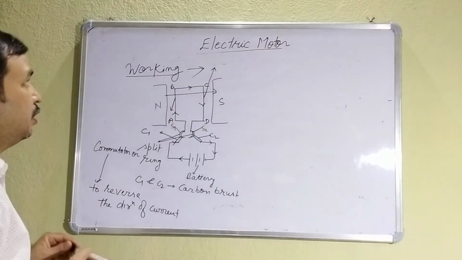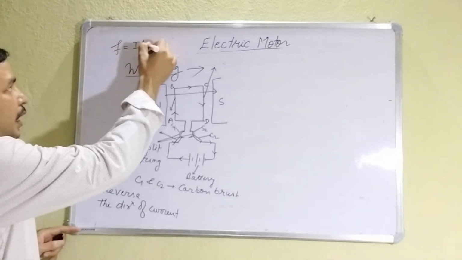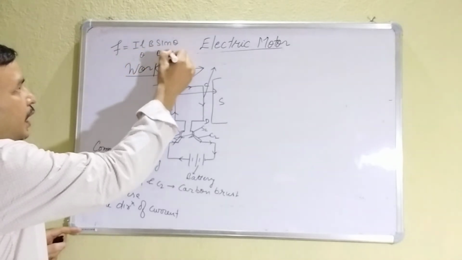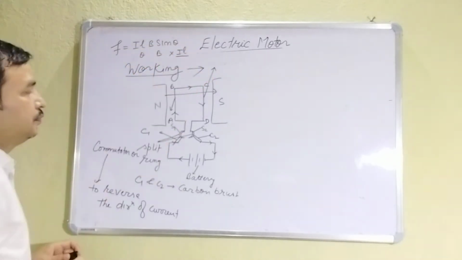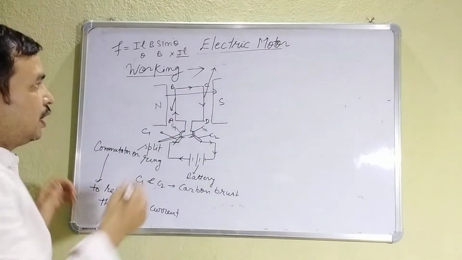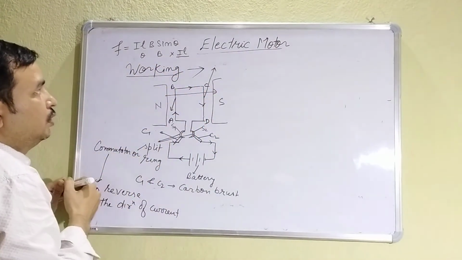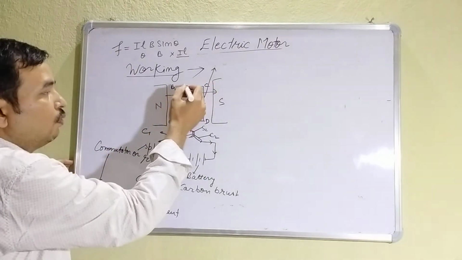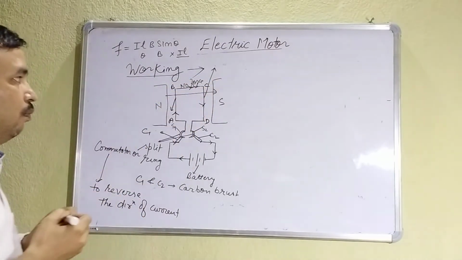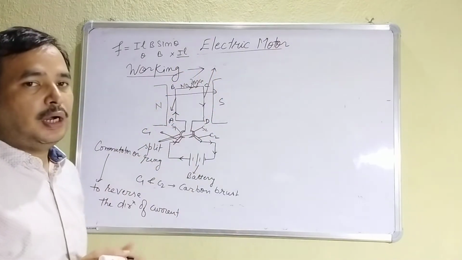And these two forces are equal and opposite, because force formula you will see in higher classes, ILB sin theta, where theta is the angle between B and IL. This is current element here. So you can see that in the arm BC, the current I and the magnetic field both are in same direction. So what will be the force on this arm? No force on this arm. But in this arm you can see the force is in downward direction. In this, force was in upward direction.